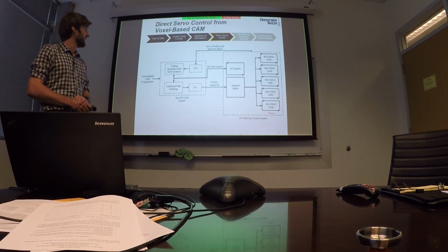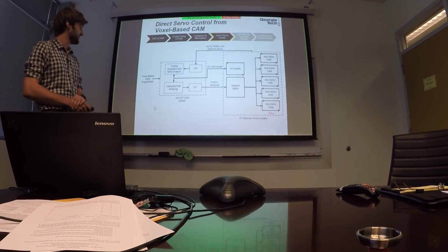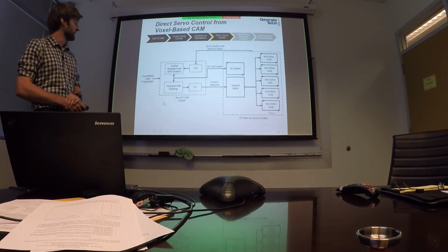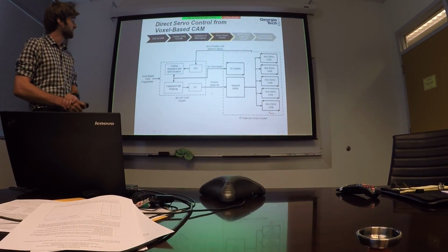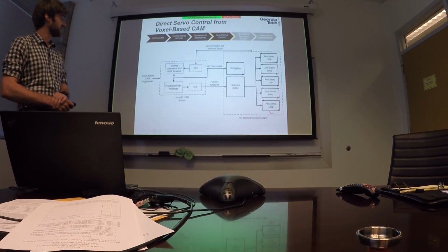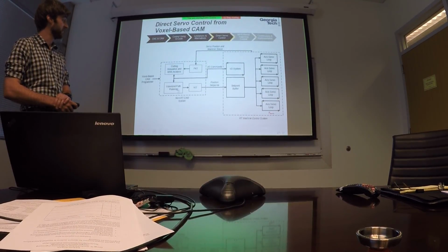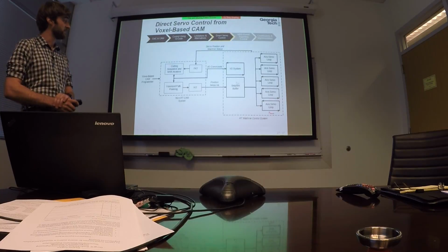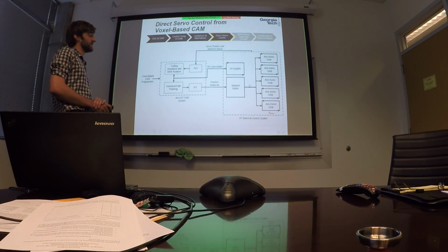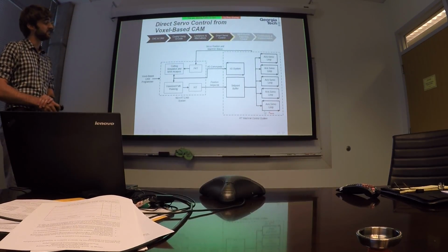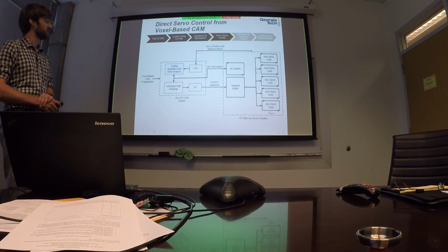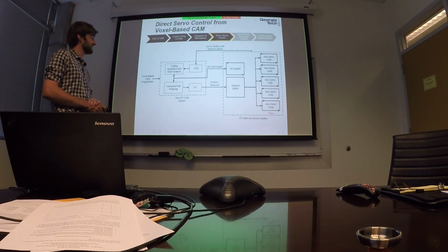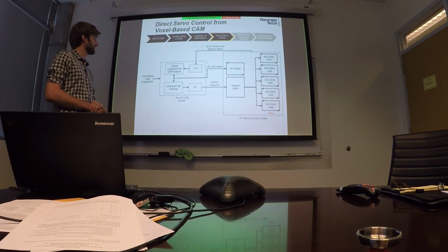This figure shows a modification of the previous block diagram to reflect the proposed change to the CNC system. So again, we still have the non-real-time CAM system here where we're performing voxelized path planning, passing the commanded points through the inverse kinematic transformation to create joint space position set points, which we then use to populate a set point buffer. The set point buffer is emptied at the servo loop rate by the axis servo loops, one for each axis. And then the machine feeds back the servo position and machine status through the forward kinematic transformation